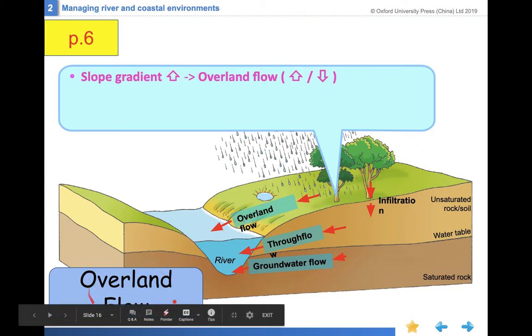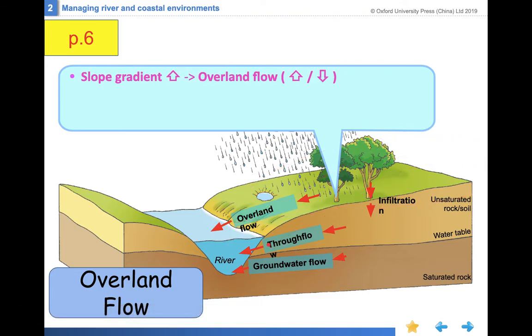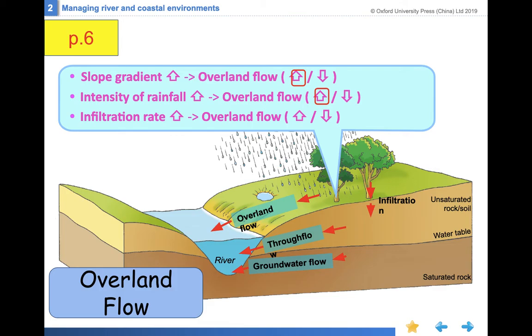Next, for the overland flow，overland flow 即係呢個啦，喺面上面流嘅其中一個 flow 啦。So again, if the slope gradient increases, the overland flow will increase because it flows faster. The intensity of the rain, it means 落雨嘅強度啦。If there is more rain, of course there is more overland flow. However, if the infiltration rate increases, that means it could seep more water down to the soil level. The overland flow